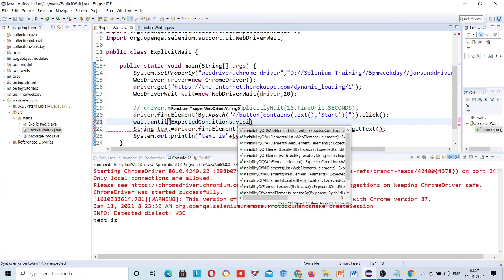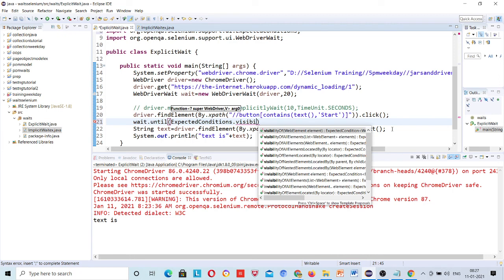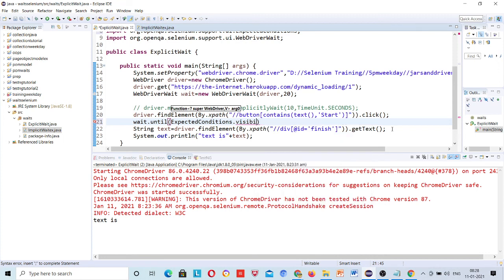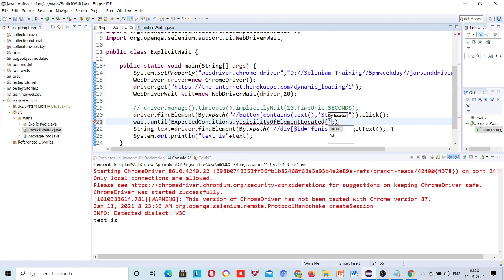So visibility of element located. Now what is the element here? Element means locator. The locator is this, by dot xpath and that, right?